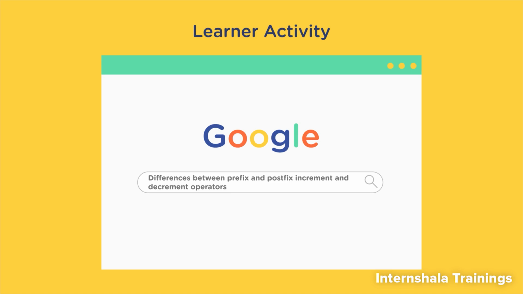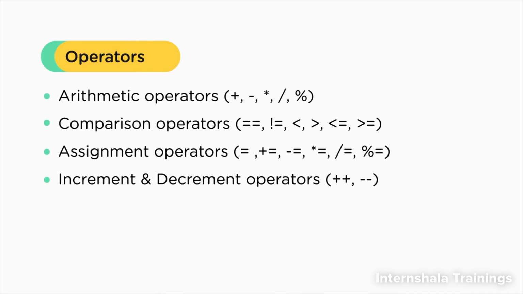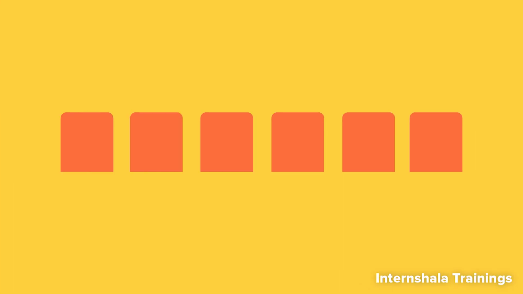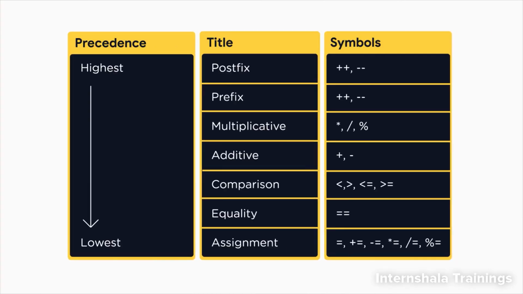Okay, so that was all about the various types of operators. These are the 4 types of operators we have looked at. So, we have learnt how to use them individually. But what if we want to use more than one type of operators together? Well, that's going to be a little tricky. But you remember we had the BODMAS rule in mathematics that helped us decide which arithmetic operator got precedence over the others? Well, it's the same in coding. This table here shows the order of precedence that is followed while dealing with different operators.